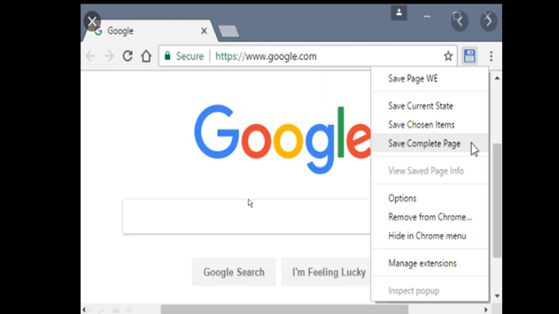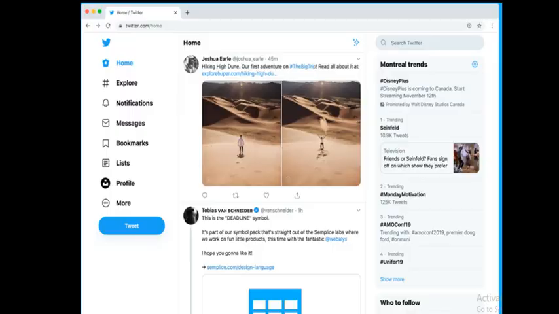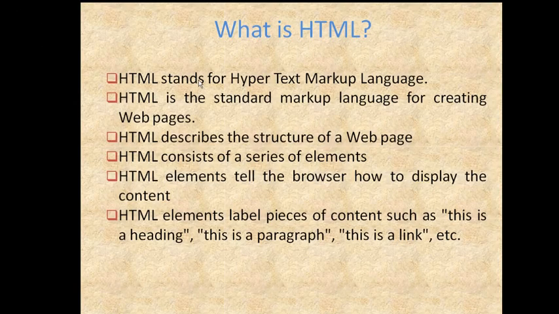This is the most common web page that we go through, that is of Google. Here you can see the icon, and here is the URL tab, and when you click on these 3 dots at the top, you will get this list here. So this also is an example of a web page which will be created using HTML. So what is HTML? It stands for Hypertext Markup Language, and it is going to help us in creating web pages.